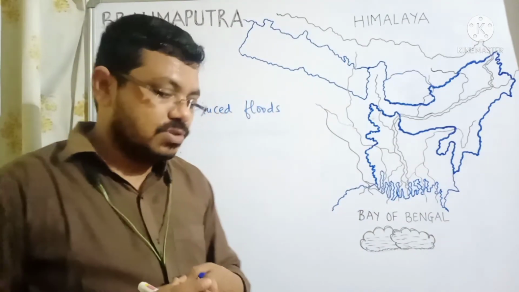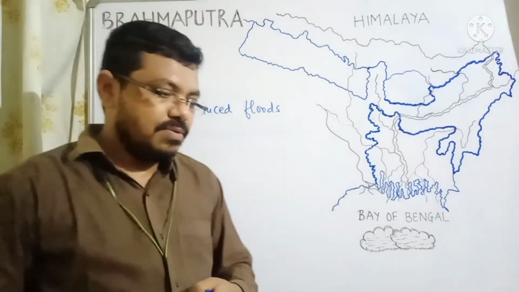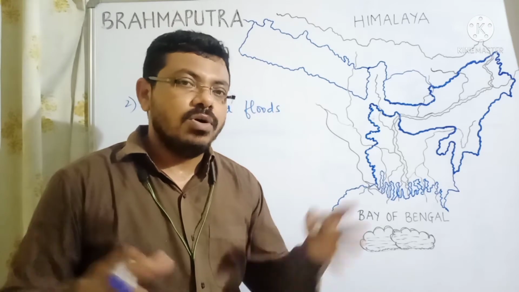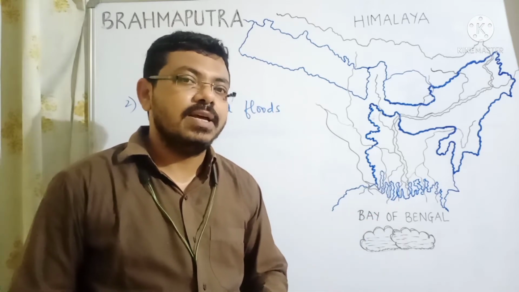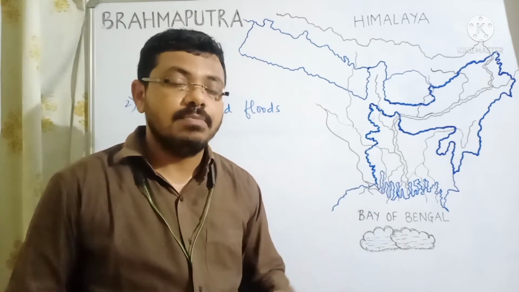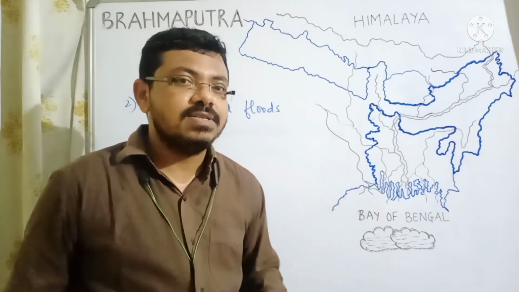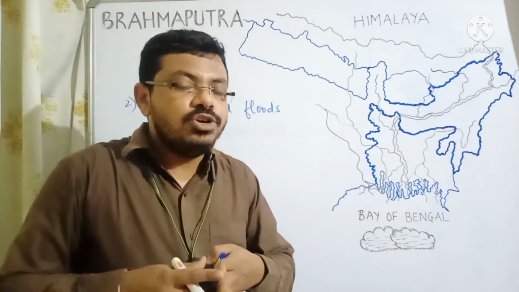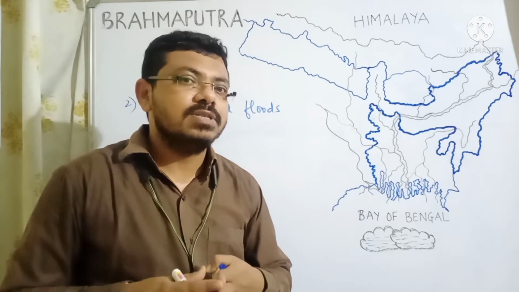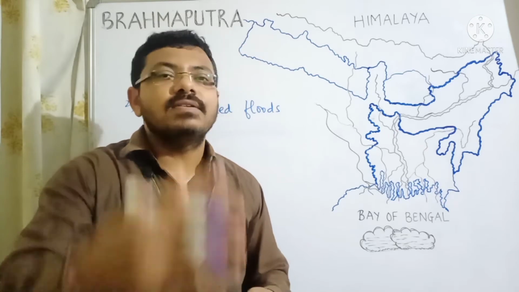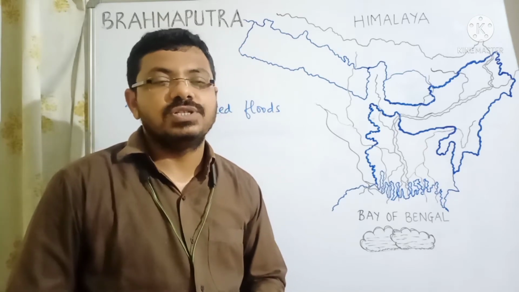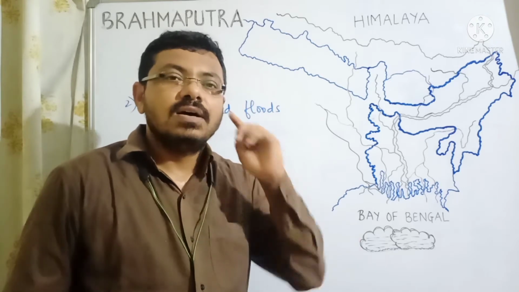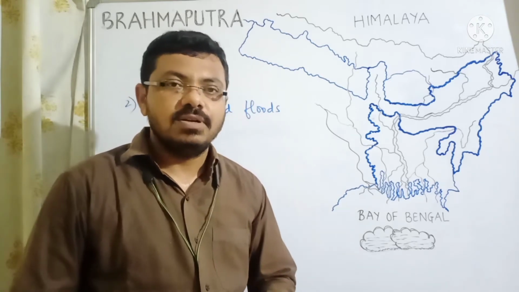Now why man-induced flood in the Brahmaputra river? We all know that Tista river is flooding a lot, right? And all the tributaries of the river Brahmaputra are getting a heavy amount of rainfall and heavy discharge. Everything is discharging into the Brahmaputra river and finally the Brahmaputra river is flooding. But human activities are also somewhat responsible for triggering the flood situation in the Assam Valley and in Bangladesh, also in the entire floodplain region of river Brahmaputra.